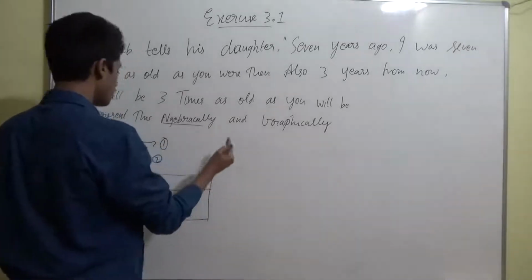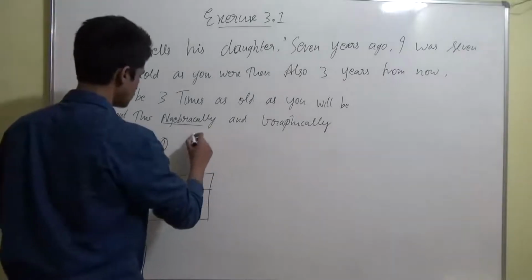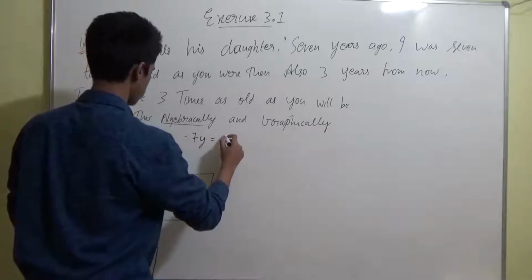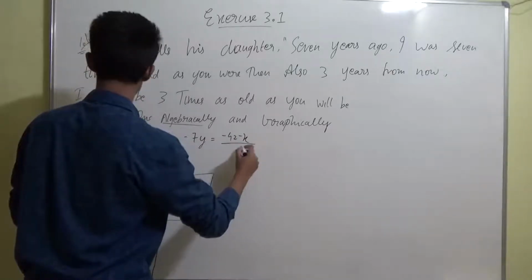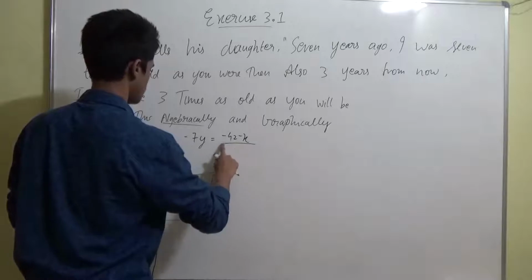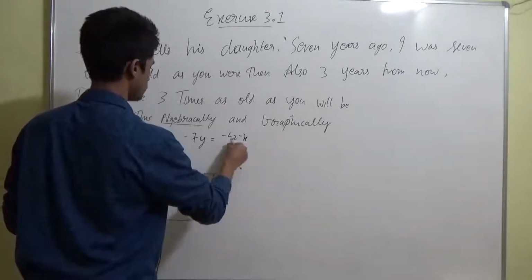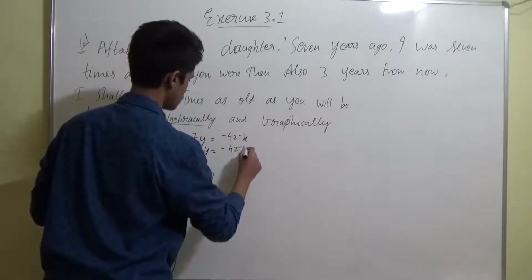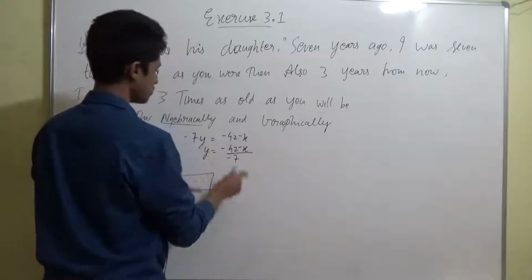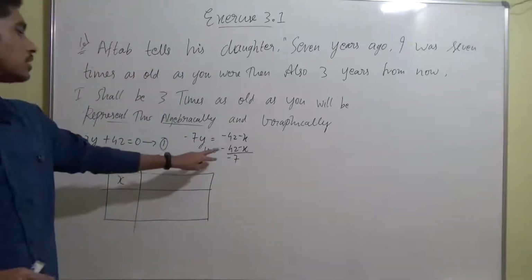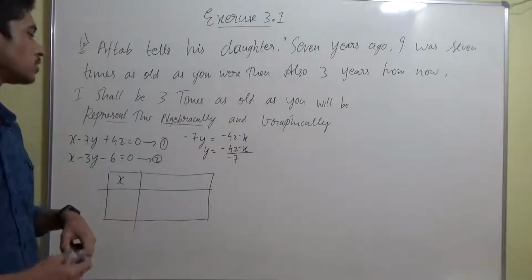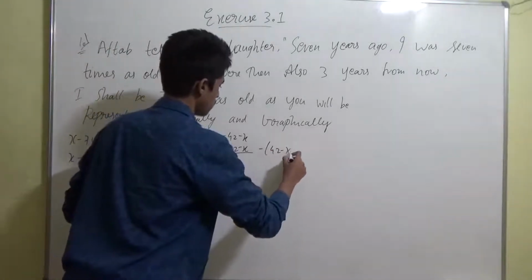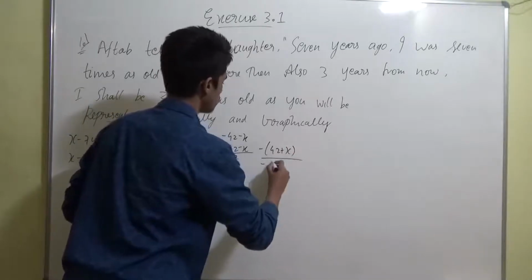Let's do it. Keep y on one side and keep all the other variables on the other side. Right, this becomes like this, and then y equal to minus 7 also comes down. Now in this expression, if you see, guys, all the terms are in minus, so we can take the minus in common, and down also we'll take minus in common.